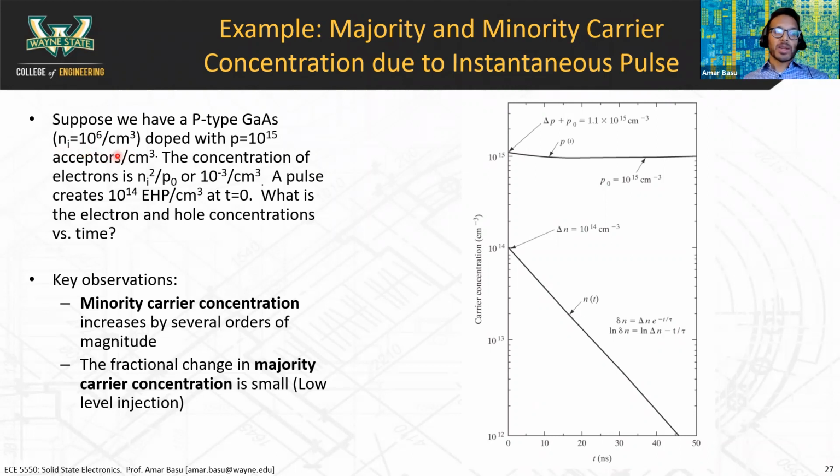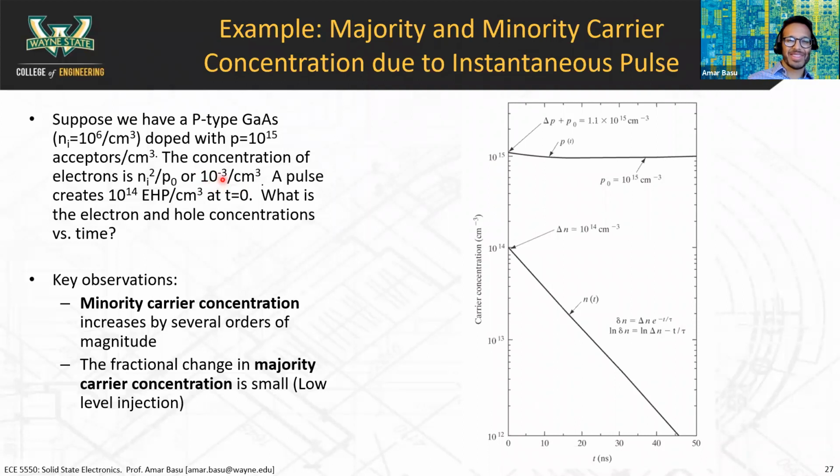So 10 to the 6th per centimeter cubed, and it's doped with acceptors at a concentration of 10 to the 15th per centimeter cubed. So the first thing we do here is we find out the concentration of electrons. P-type means that your hole concentration is 10 to the 15th. Electron concentration can be found with np equals ni squared. And you come up with the electron concentration is 10 to the negative 3 per centimeter cubed. Okay,